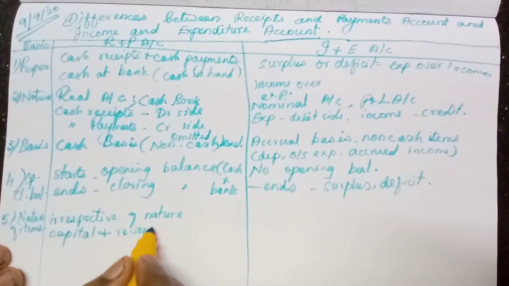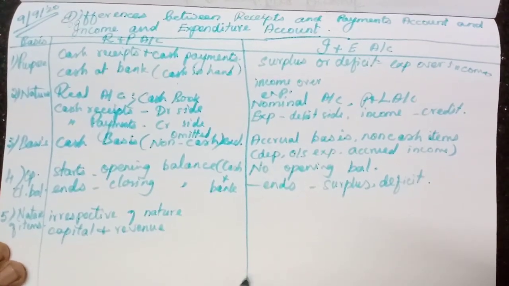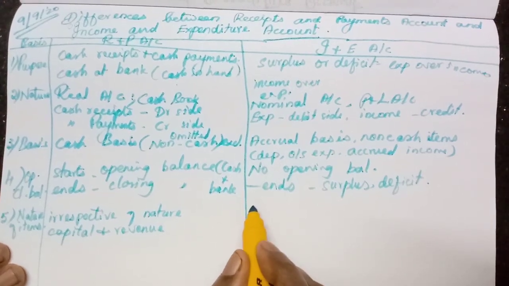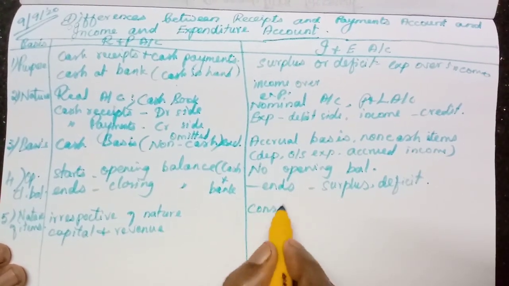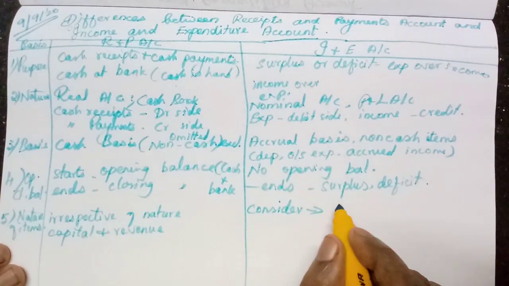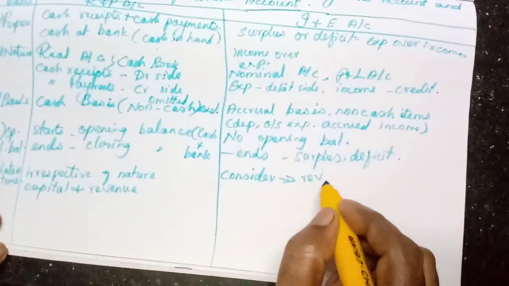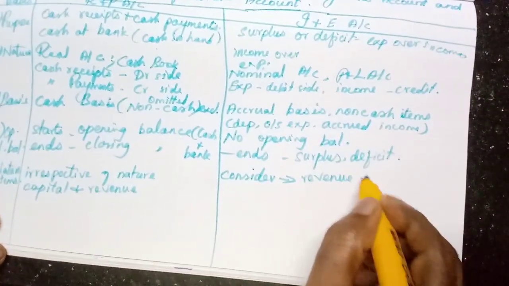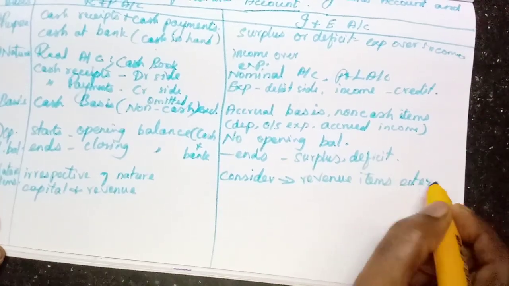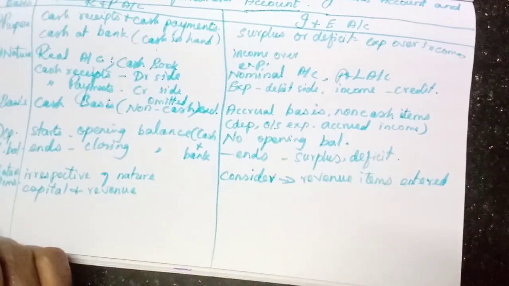Everything will be included in the receipts and payments account. But in the income and expenditure account, we consider the nature of items. But which items we enter? Only the revenue items are entered. Okay? All the capital items will be entered in the balance sheet. Okay? Then the last one,